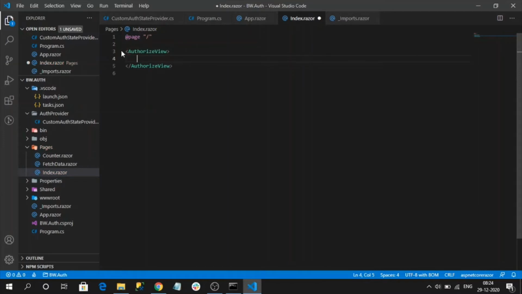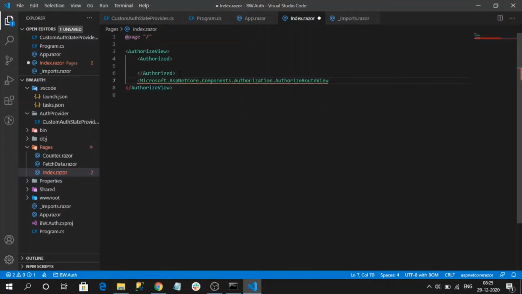It can contain two components, the Authorized component and the NotAuthorized component. These are the built-in child components for the AuthorizeView.